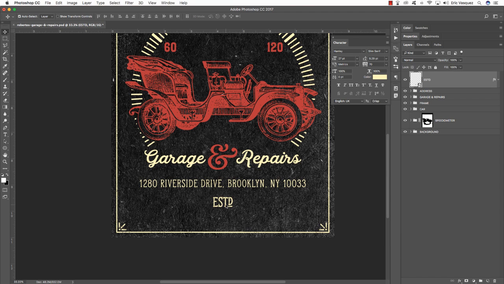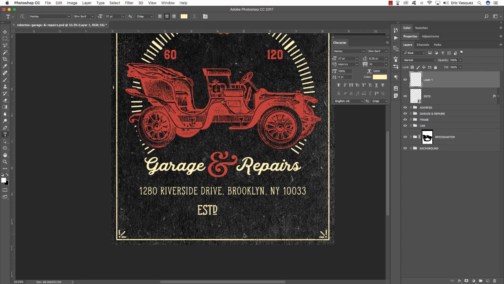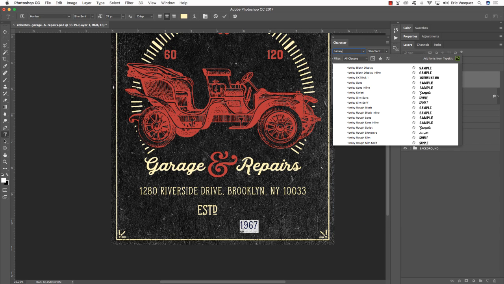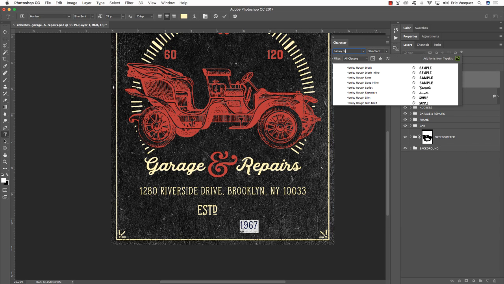Now we want to try and match this with our font, because this is a nice vector lockup here, but we want to now include a year. So create a new layer, grab your text tool again, and click, and then let's just enter 1967. Press Command A to select all, and then we're going to use Hanley Rough